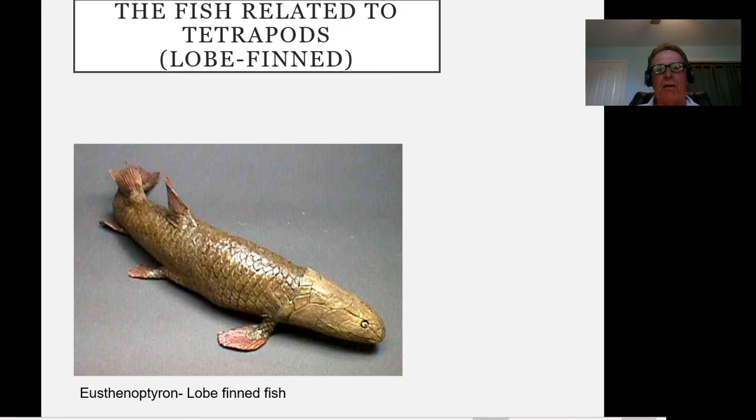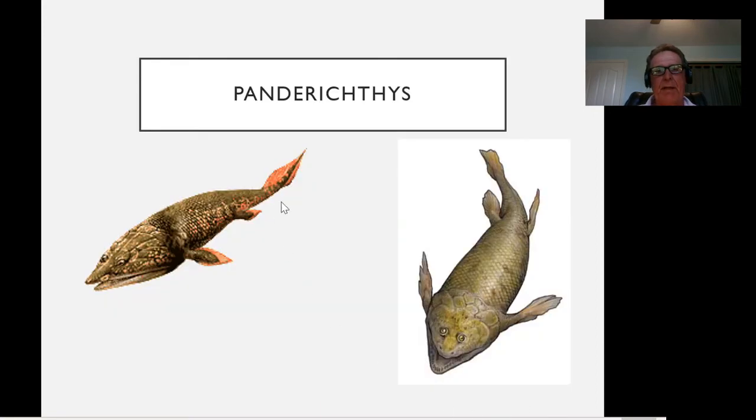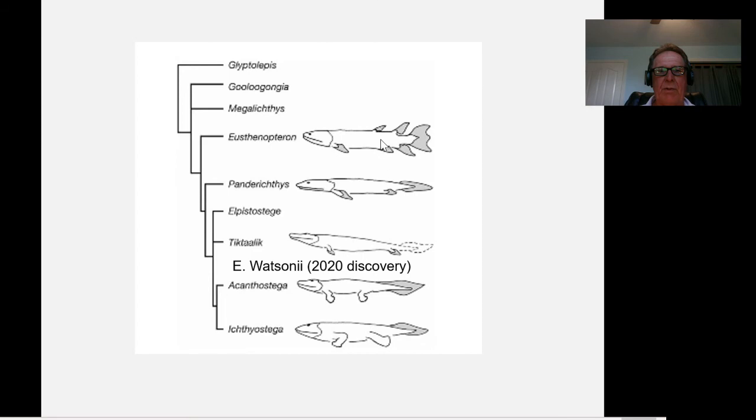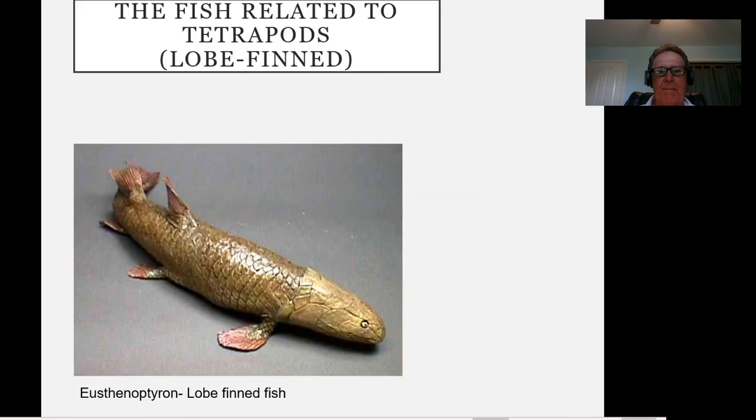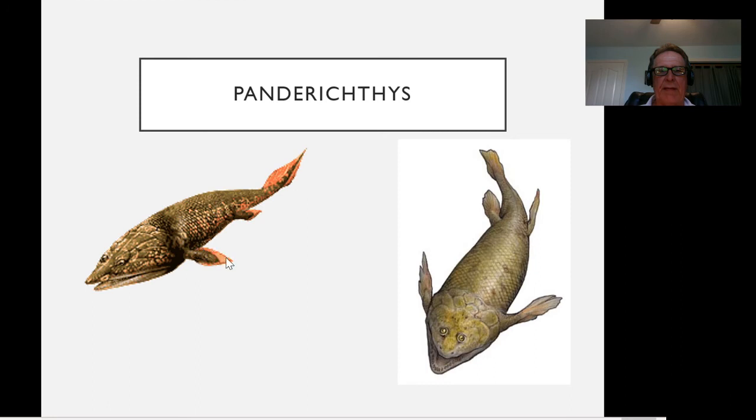So the fish that are related to the tetrapods, these lobe-fin fish here, you can see this kind of a schematic of what they look like. But these are the four limbs or the four lobes, and these are the back lobes. So these will develop into the front leg and the hind leg in tetrapods. Here is Panderichthys. Go back to that evolutionary chain here. So we're going from this to Panderichthys here. And you can see that these lobes have now extended. They're much longer. They're beginning to resemble limbs. They're more like legs, hind legs, forelegs.